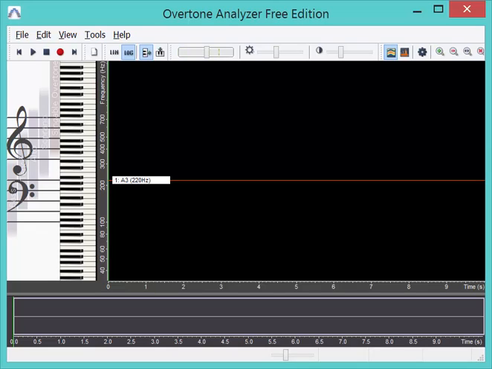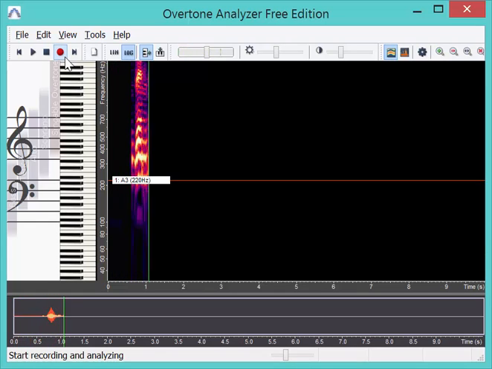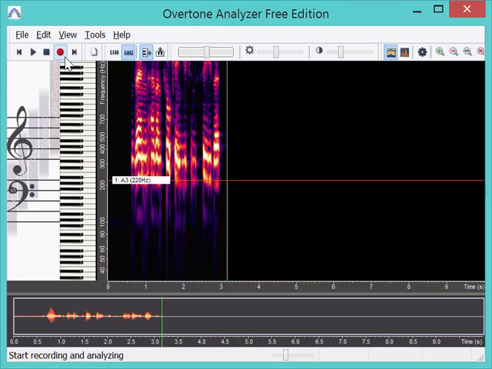What we're looking at here is the Overtone Analyzer free edition. This enables you to do a recording of your voice using a Windows-based system, such as on a laptop. And it essentially will give us a profile of the harmonics, the overtone structure of our voice as we use it. So we can click on the record button here, and then as I'm talking you can see that there